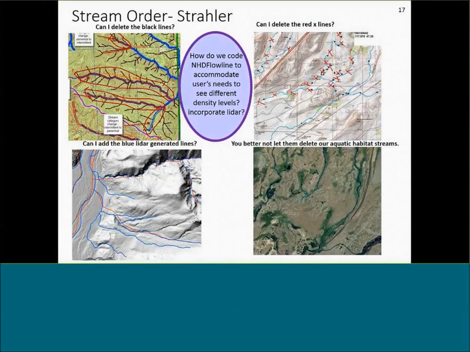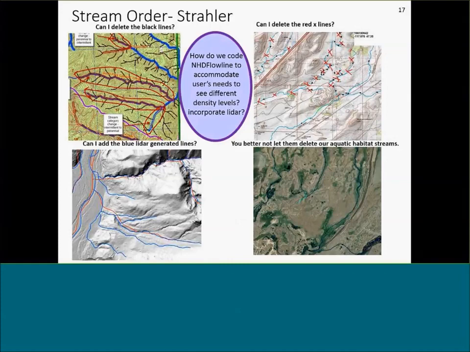And then our fourth use: stream order. Strahler stream order. For the states of Washington and Oregon, we calculate Strahler stream order on the high resolution NHD, and we provide that to our state users and to our USGS point of contact to be loaded into the NHD flow line value added attribute table. People wonder, how did this come about? There were 2 main things.